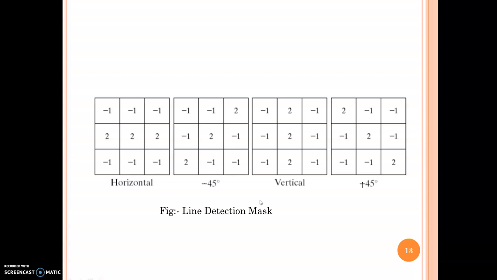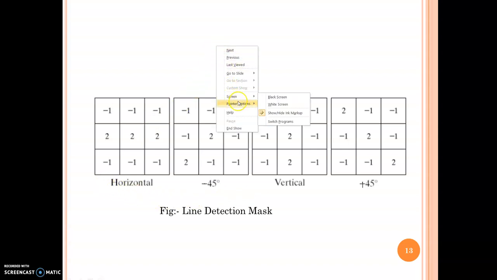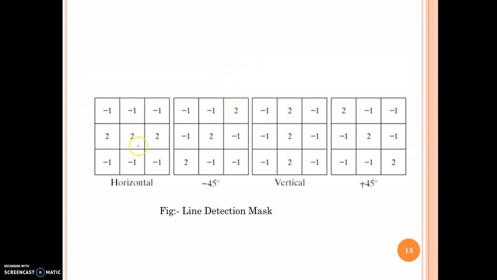Okay, so some examples are shown here. If I want to detect the line in a horizontal direction, you can use a mask like this. Along the horizontal, I will be having a higher weight, that is 2. All others I will be having minus 1. So what about the total sum? The total sum will again be equal to 0. If I want to detect along minus 45 degrees, I will be giving a higher weight, that is 2. All remaining are minus 1, so that again it totals to 0.